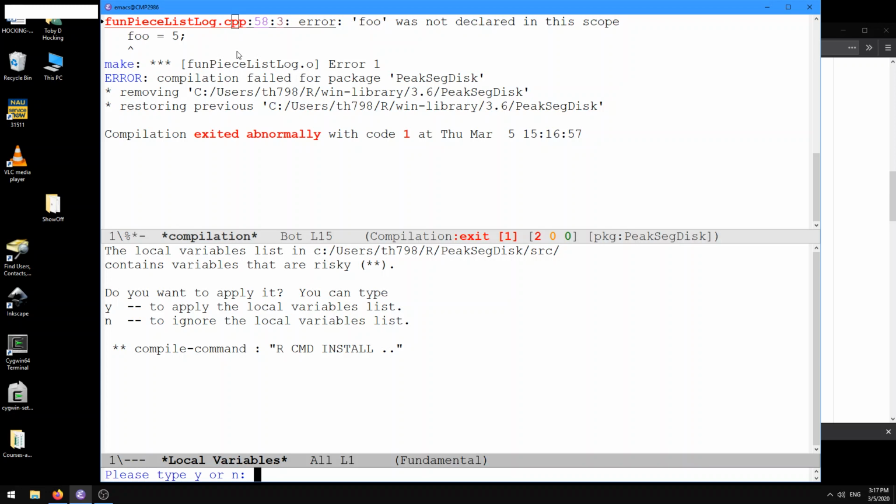So now this last thing that I mentioned previously in the man page for that variable. So I just try to open up that C++ file where there's an error, and so it says the local variables list in that directory contains variables that are risky. Do you want to apply it? Do you type yes to apply the local variables, yes, or no to not? And so here now, because we